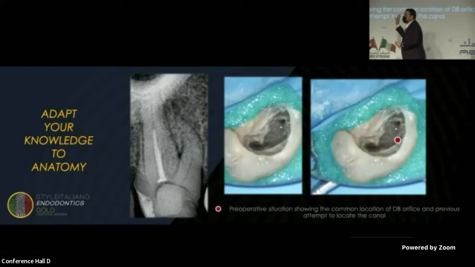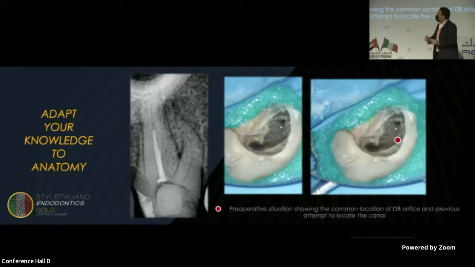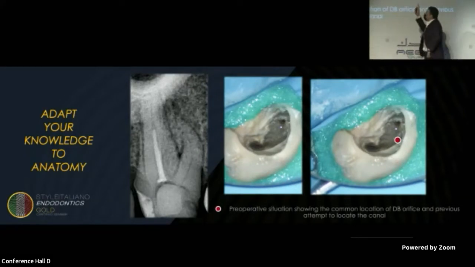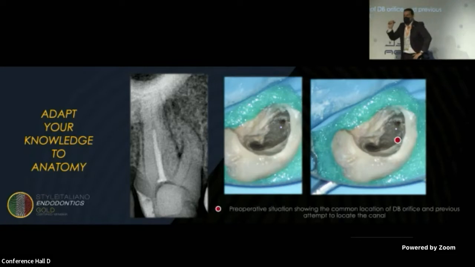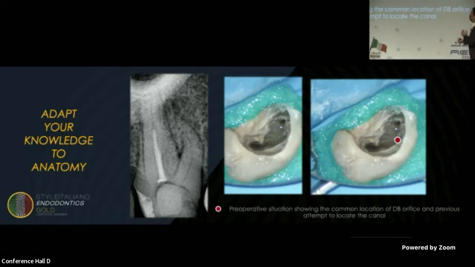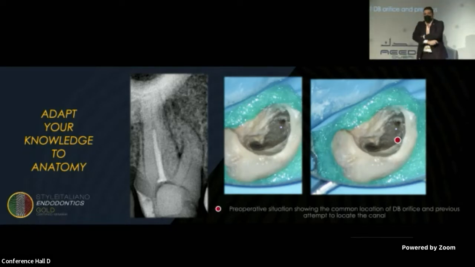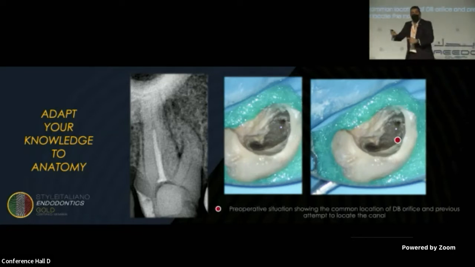But what's strange in this case, this patient came to me as a referred case. Doctor: I'm referring this case to you because I can't locate this buccal canal. It's a maxillary molar, and the dentist can't locate this buccal canal. You can see that red dot. Actually, this is the site where the previous doctor was trying to locate the distobuccal canal. This is a common site for distobuccal. But for me, this is not the place that I should try to locate distobuccal, because I don't have any guide. I don't have an isthmus or floor map showing that I should try to locate